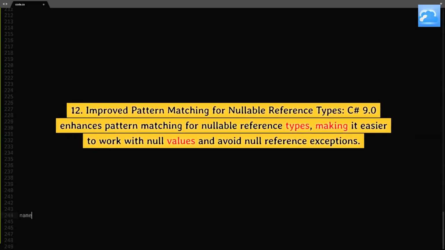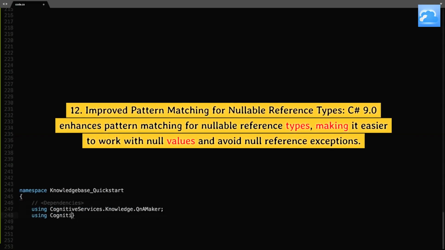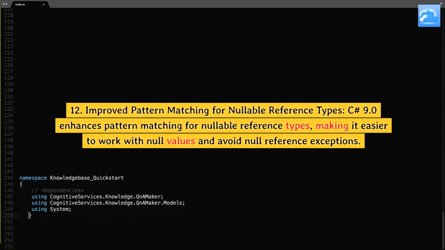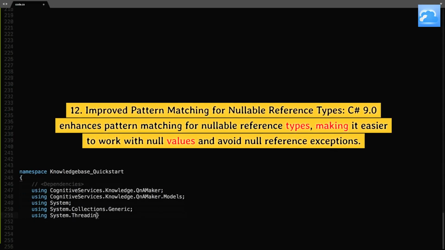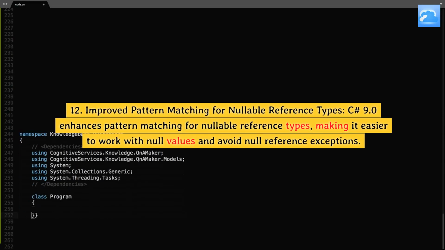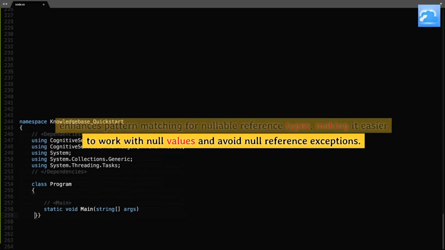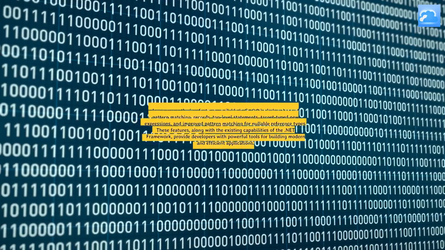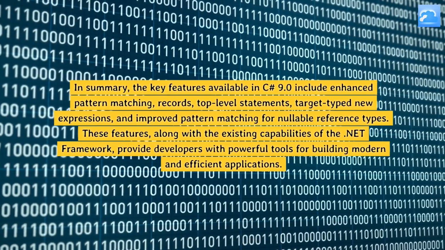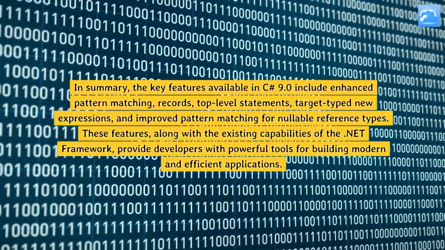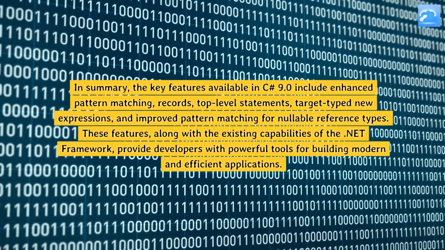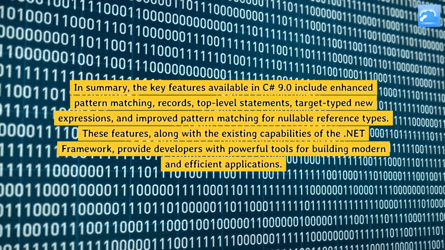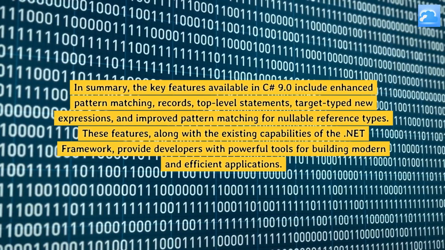12. Improved pattern matching for nullable reference types. C# 9.0 enhances pattern matching for nullable reference types, making it easier to work with null values and avoid null reference exceptions. In summary, the key features available in C# 9.0 include enhanced pattern matching, records, top-level statements, target-typed new